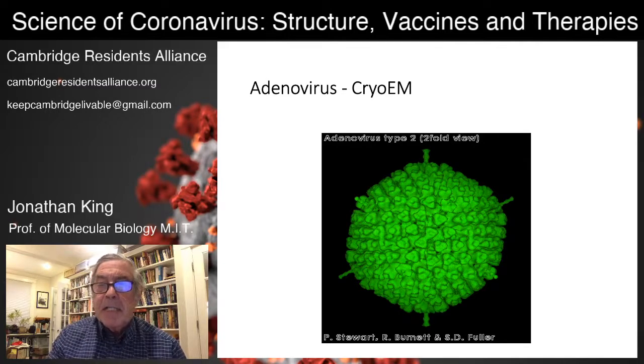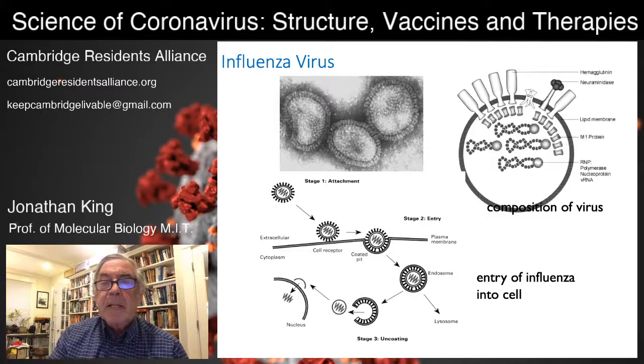And it also turns out that the way your body fights this virus is it makes antibodies. We'll talk about antibodies a little later on. And these antibodies glomp onto those spike proteins, and that prevents the virus from infecting. Coronavirus has spikes too, and they are just as important for coronavirus as adenovirus. Now here's influenza virus. Influenza virus has an additional feature around the protein coat or capsid. There's a membrane, like the membrane around cells. It's actually derived from the cells in which these virus particles were made. And sticking out of these membranes are these spikes